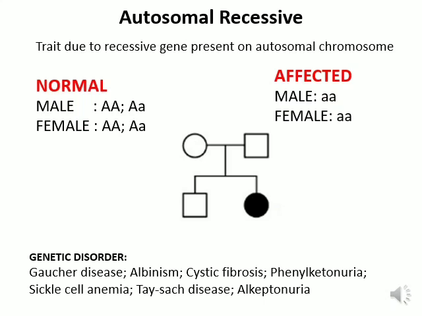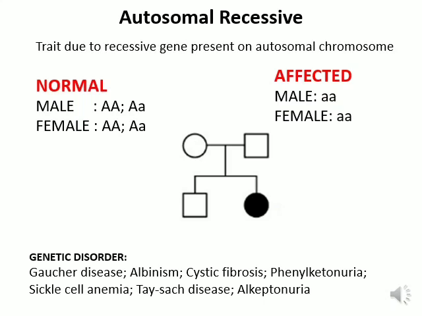So here the genotype of the normal female and male will be totally opposite compared to autosomal dominant. So the normal male and the female will be either homozygous dominant or heterozygous, and the affected one will be homozygous recessive. And here what we said earlier is skip of generation. See, both male and female are unaffected, and here the female is affected and the male is normal. So this is autosomal recessive.